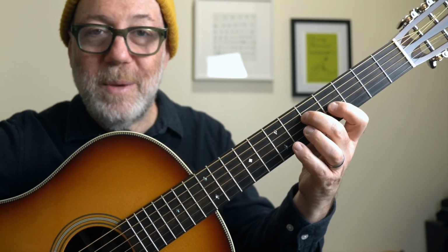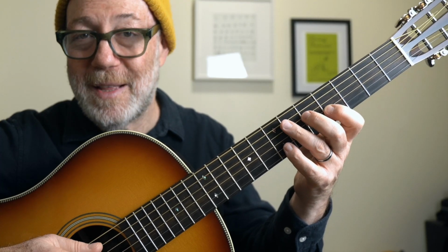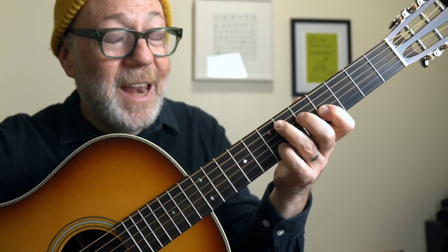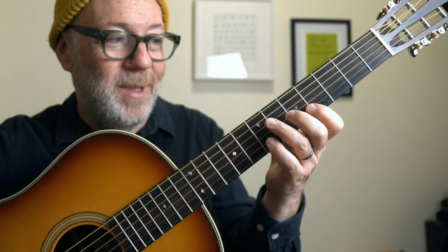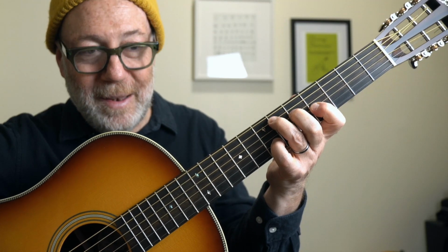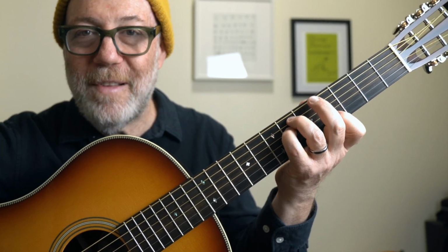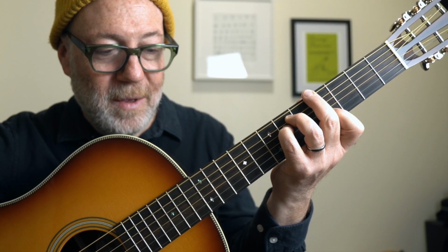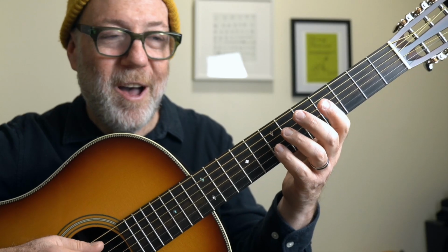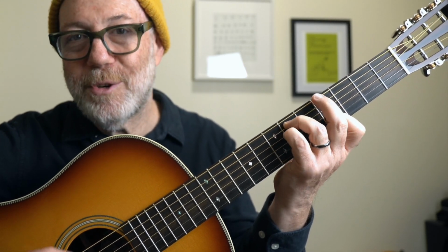You know, so G major 7, and then the sharp 5 is in the bass. That's, you could say, D sharp. And that is true, that this is a G major 7 sharp 5. But functionally, the next chord is A flat. So if you saw that on paper, G major 7 sharp 5 over E flat, going to A flat major